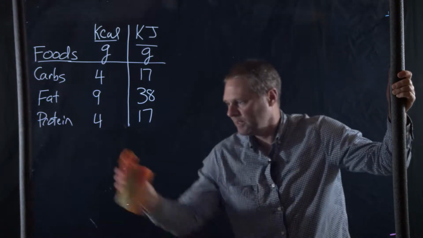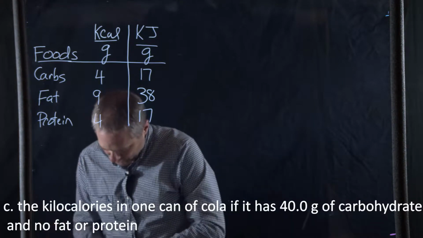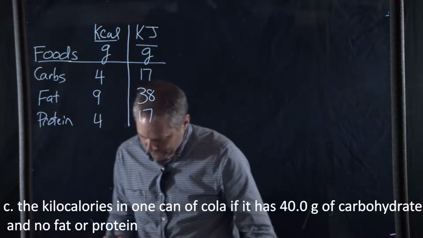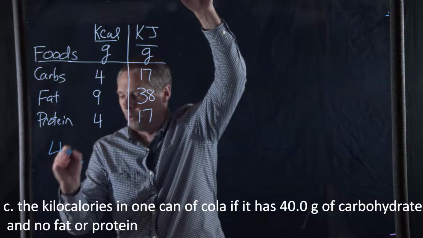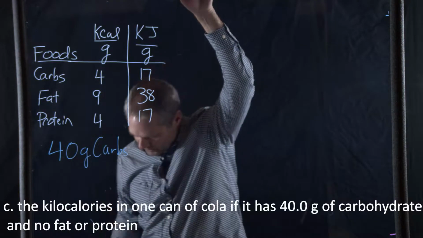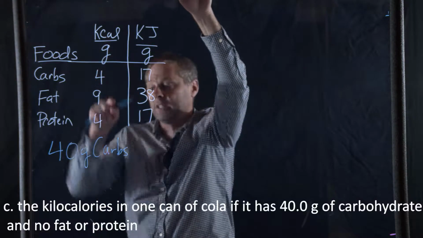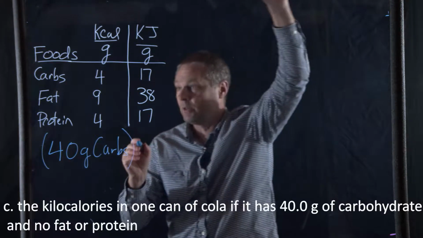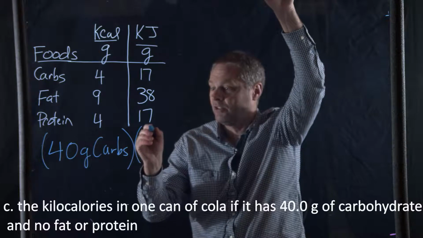All right. The next problem states: the kilocalories in 1 can of cola that has 40 grams of carbohydrates, no fats or proteins. So we have 40 grams of carbs, and we want to know the kilocalories. So we're going to look at the kilocalories. If we have 40 grams of carbs, and the carbs is going to have an energy value of